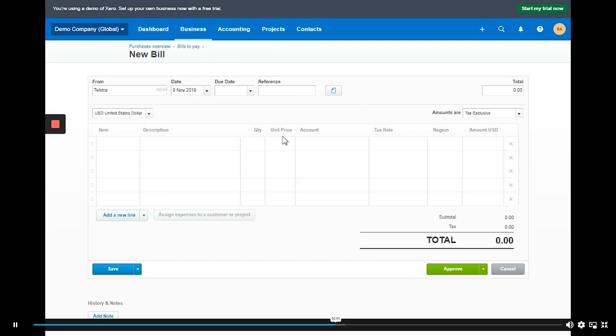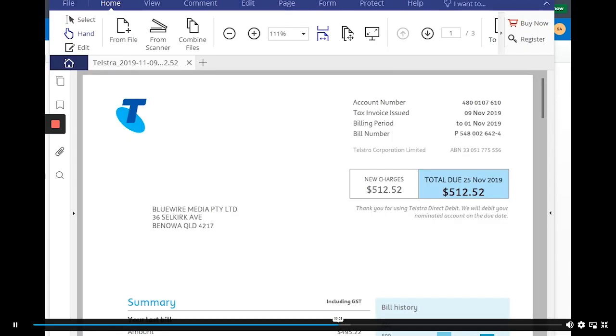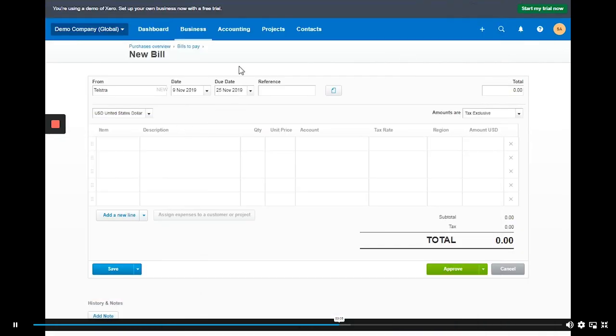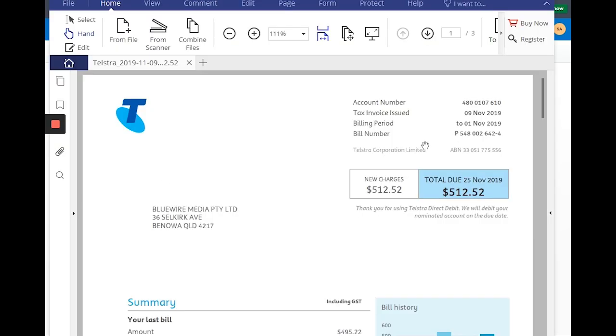By the way, if the receipt or bill doesn't have any due date, just put the invoice date or the date the receipt was generated. Okay? And then the reference, usually this is the invoice number.